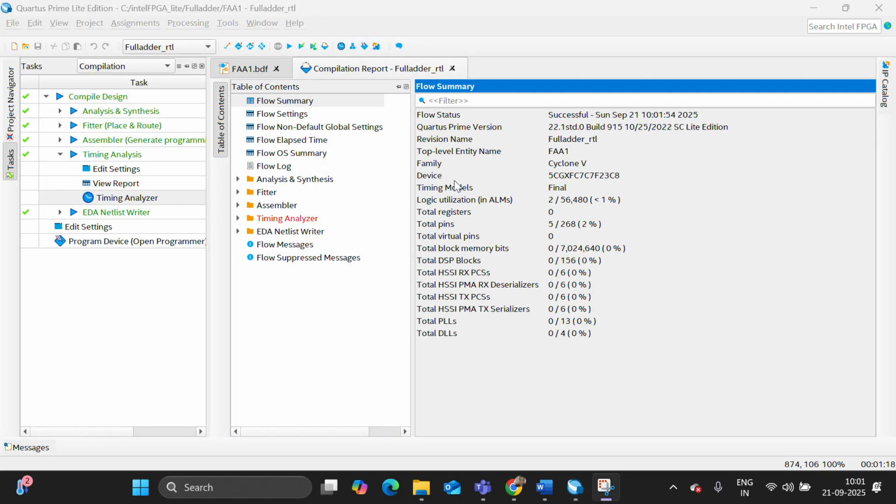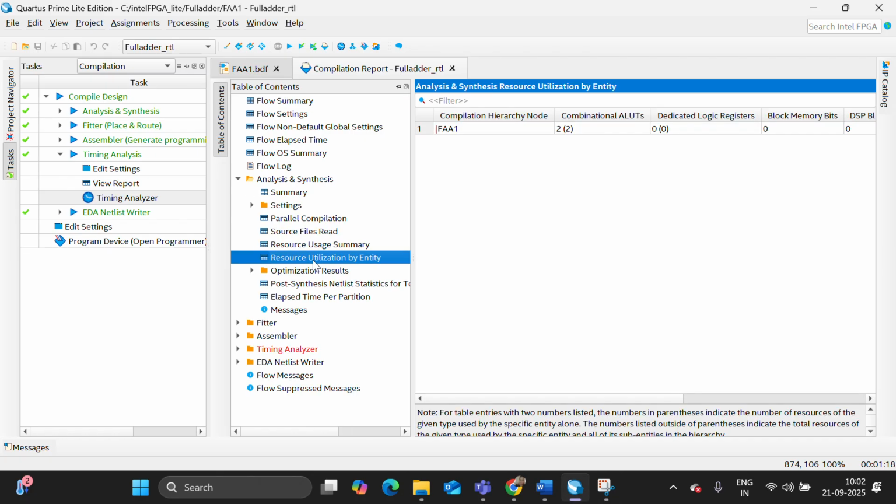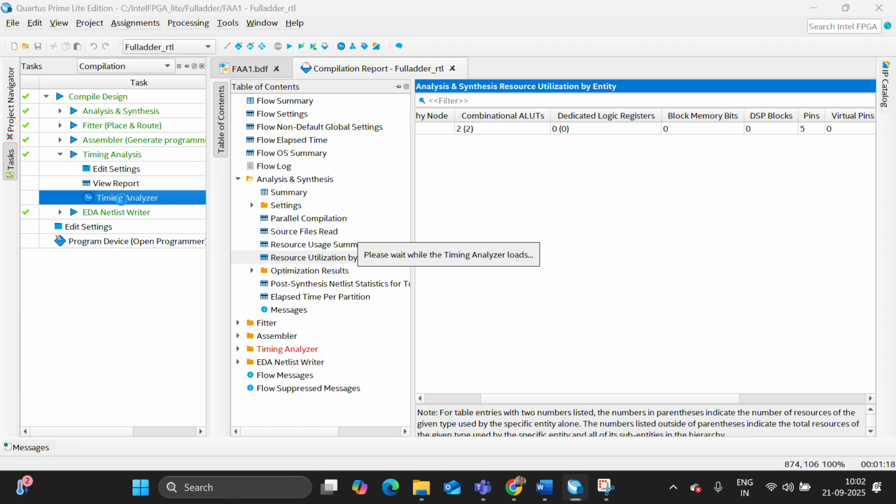The compilation process is done and the report is generated. Here the logic utilization in ALMs is 2, the total number of pins is 5, and also the total number of memory bits is generated. Now let me get into the resource utilization by entity: the combinational ALUTs are 2 and the number of pins is 5. Let me open the timing analyzer